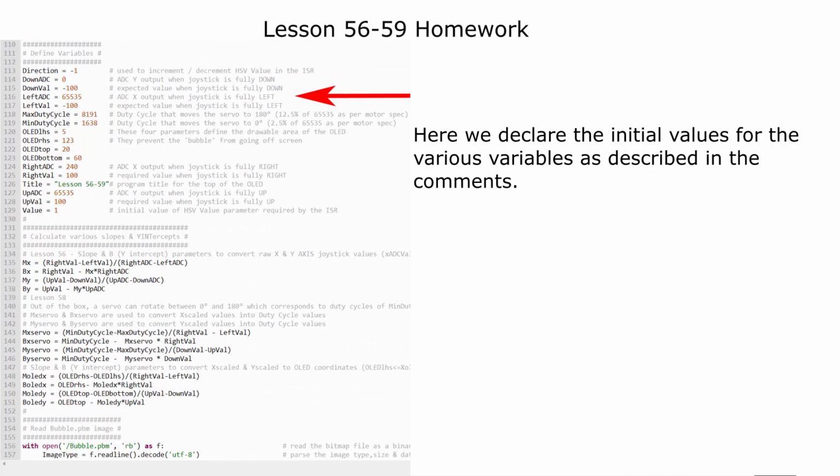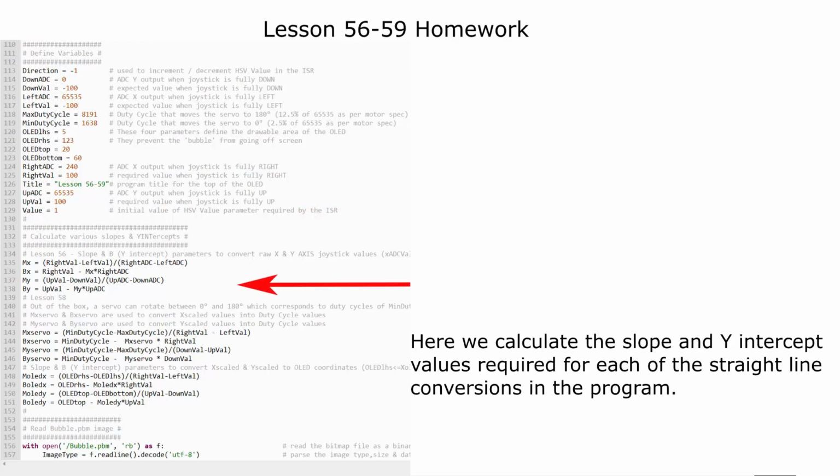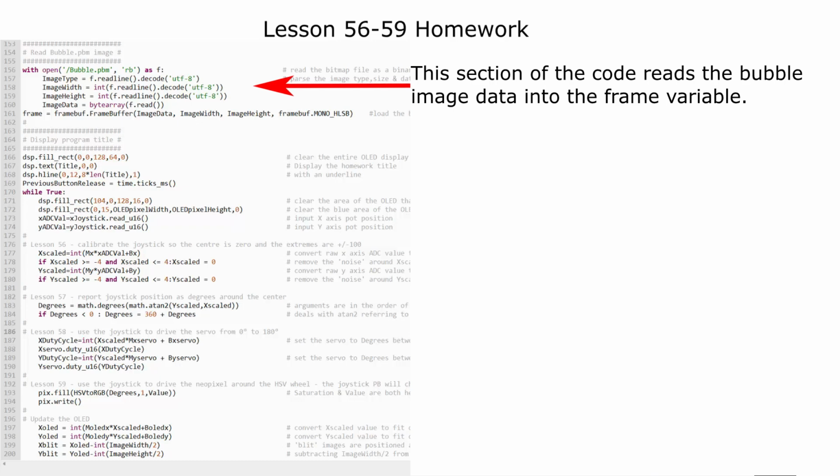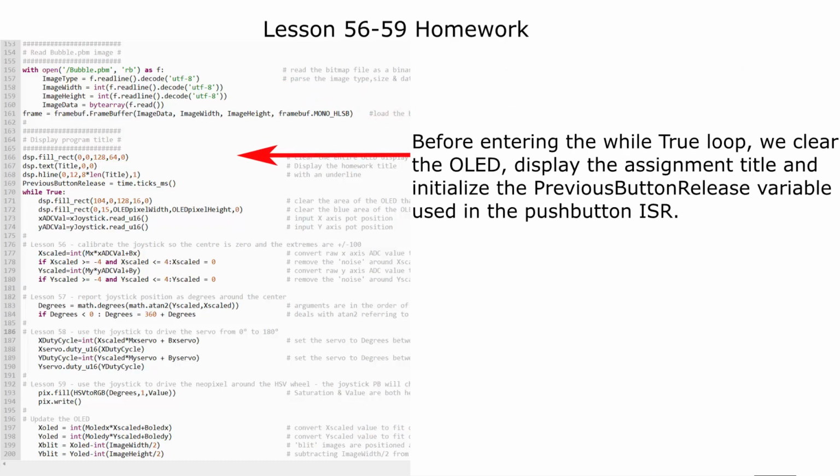Here we declare the initial values for the various variables as described in the comments. Here we calculate the slope and y-intercept values required for each of the straight line conversions in the program. This section of the code reads the bubble image data into the frame variable, and before entering the while true loop, we clear the OLED, we display the assignment title, and initialize the previous button release variable that's used in